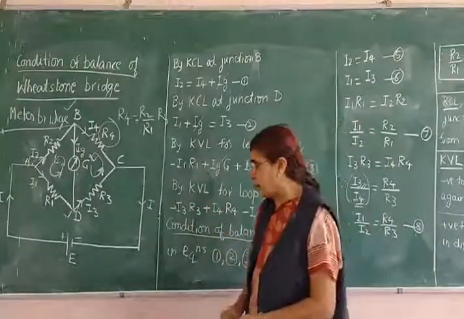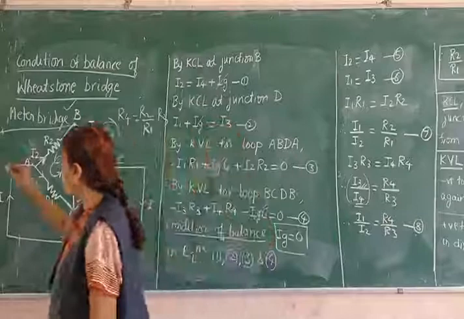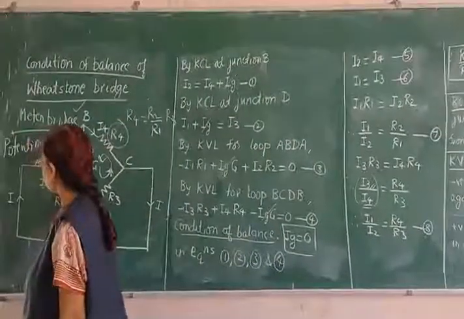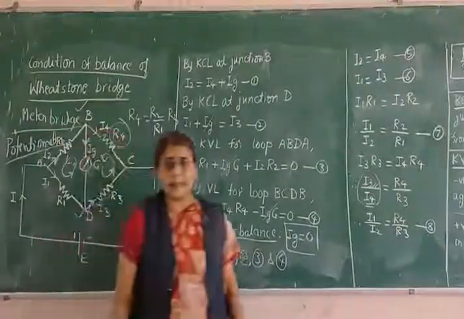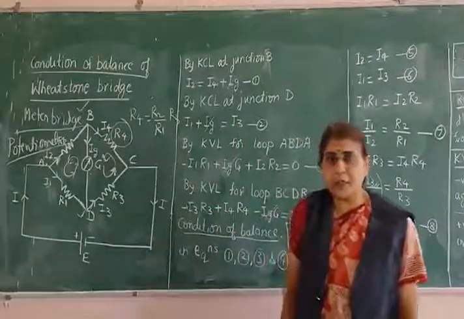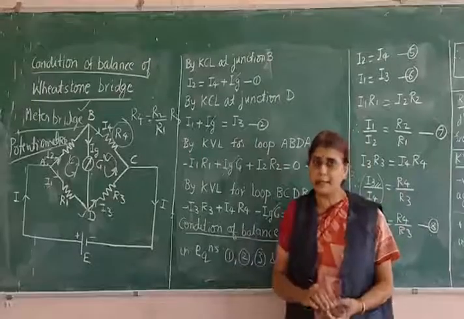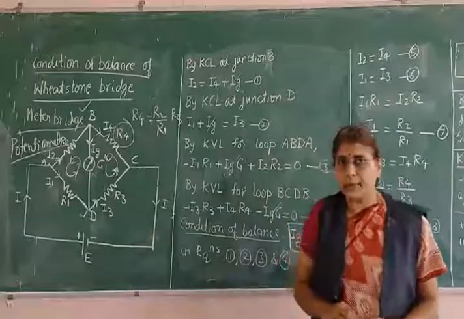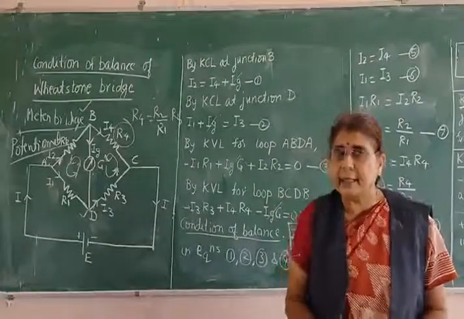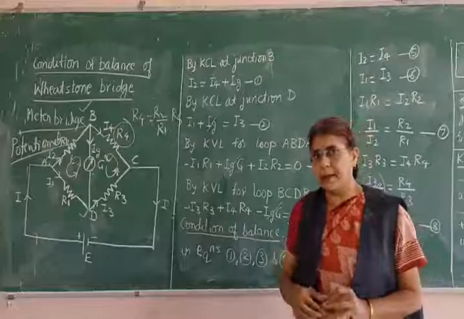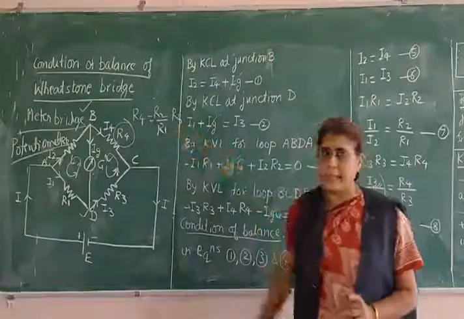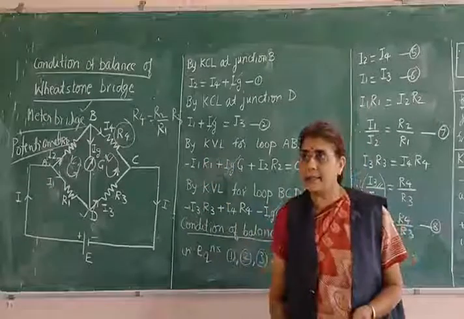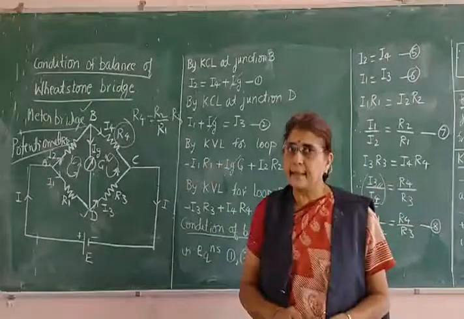One more experiment is included at the end of the chapter, called the potentiometer. This experiment you also do in the lab. The aim of this potentiometer is to find out the internal resistance of a cell and to compare the EMF of two given cells. These two experiments are also there in your lab. At that time you will understand the principle, etc. So these two experiments are there at the end of the chapter. You can learn them from your practical charts. They usually don't ask them in the theory because they are already there as experiments.